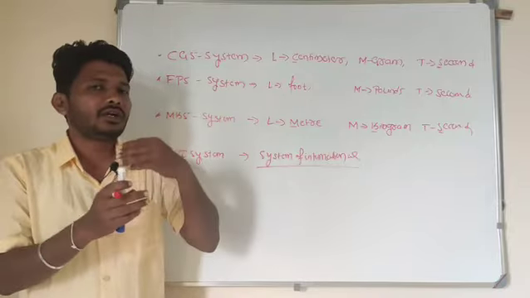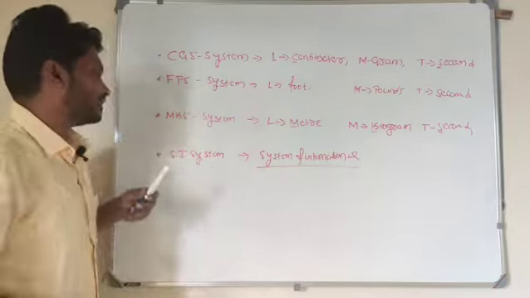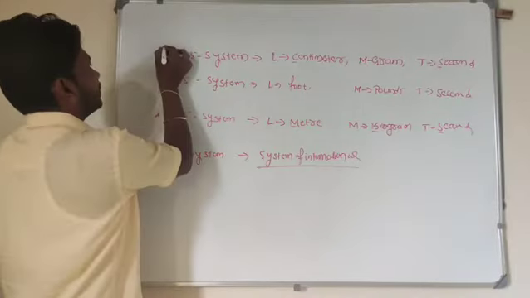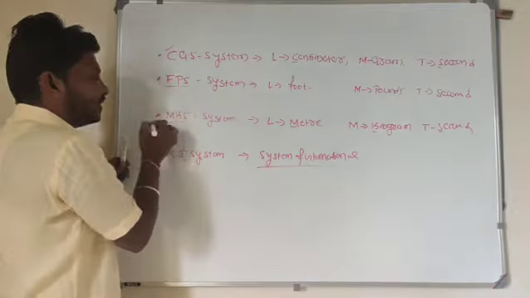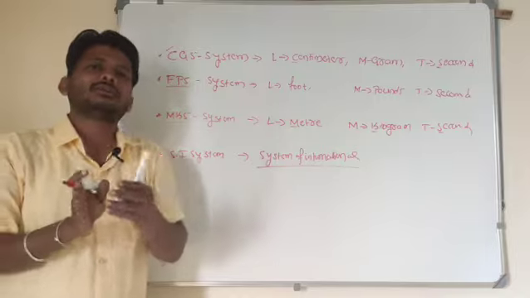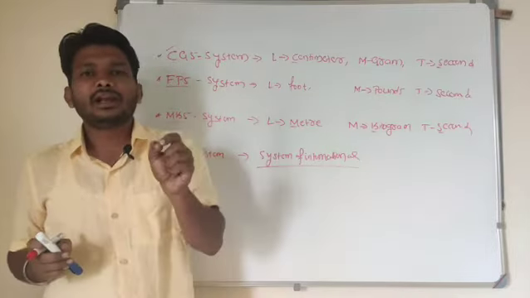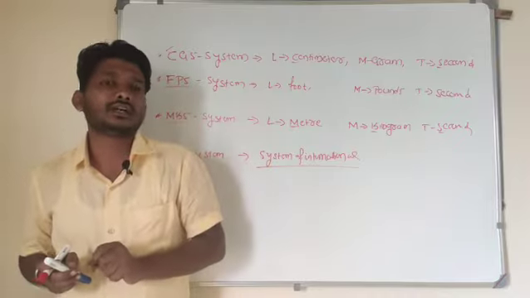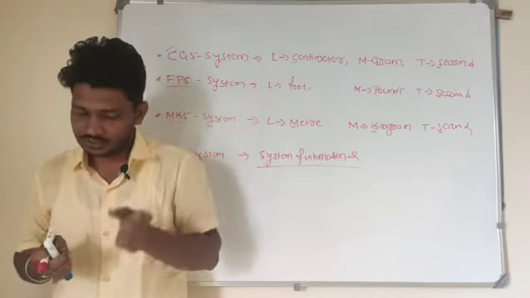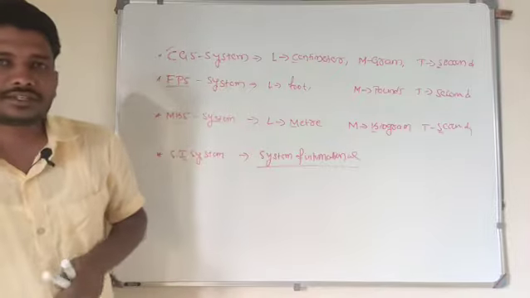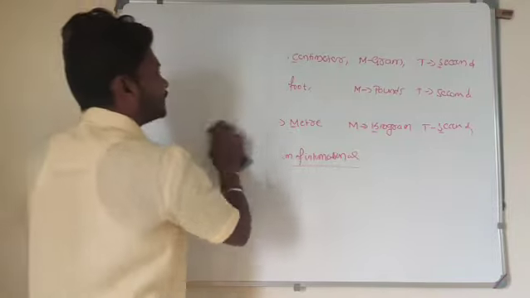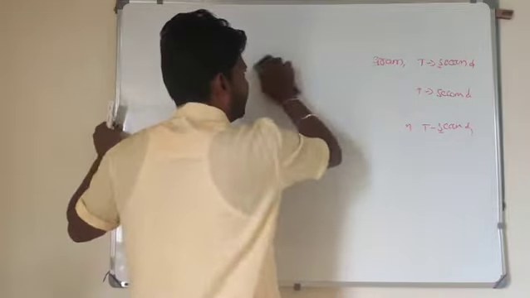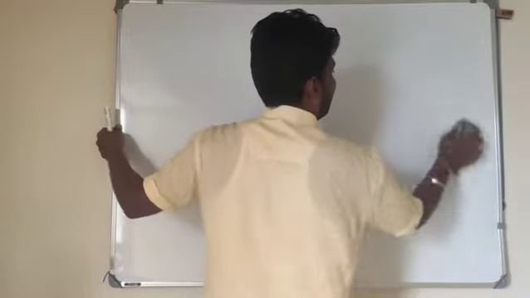In order to convert one system of unit into another system, for example, I will convert the MKS system to the CGS system, or I can convert the FPS system to the MKS system. While converting one system of unit into another, we will use dimensional formulas. So we have another application from the dimensional formula: to convert one system of unit into another system.